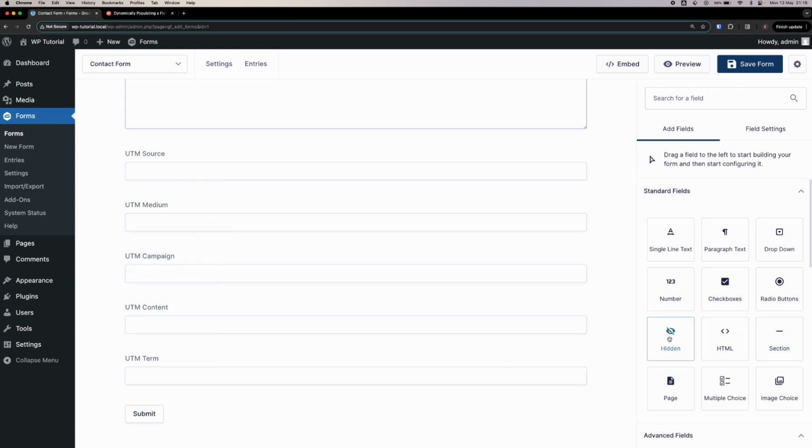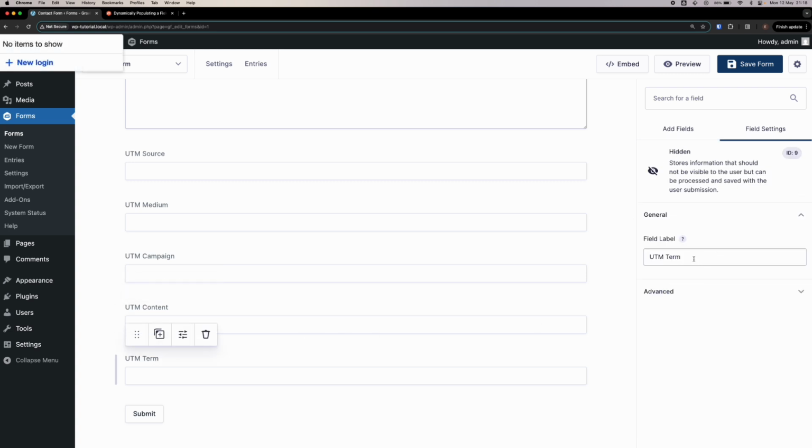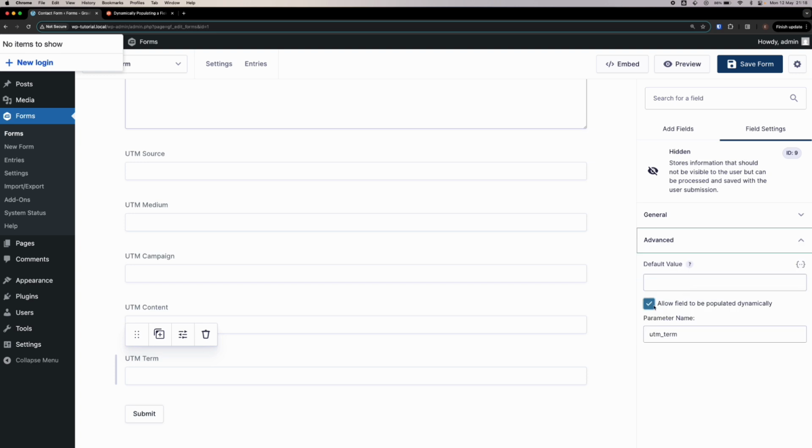So I just dragged hidden field from here, and I just changed the label. And the main thing to note here is you have to click on this advanced tab and enable this option that says allow field to be populated dynamically, and just give it a name. And what this will do is actually allow us to populate this field